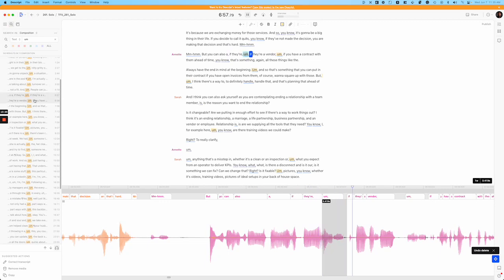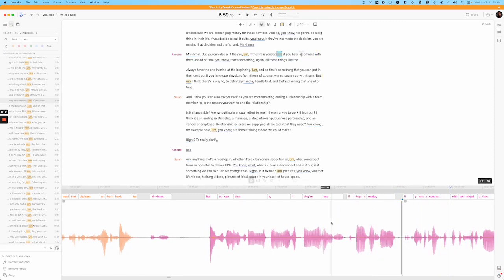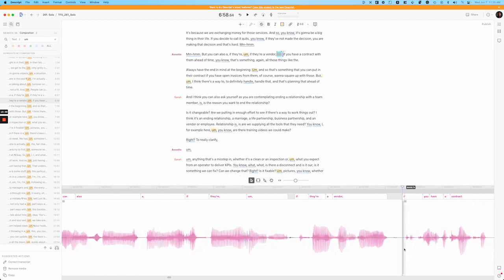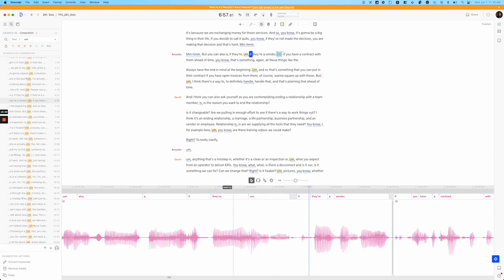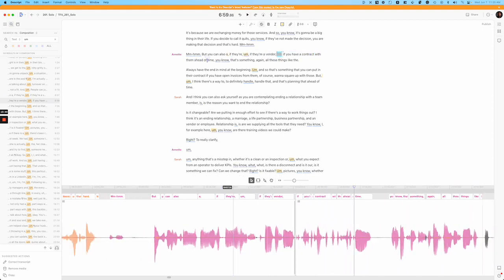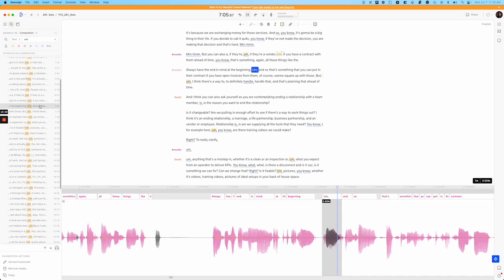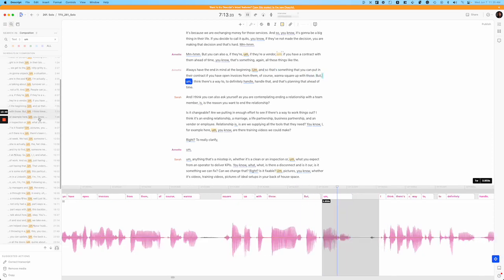If they're a vendor, if you have a contract. Or a vendor, if you have a contract. She's kind of struggling to start that word, so this one might sound a little weird. Let's trim this. If they're a vendor, if you have a contract with them ahead of time. That's better. At the beginning, and so that goes, but